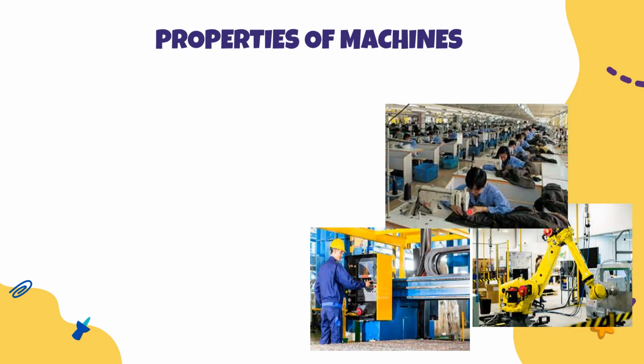Okay, so now we will see about the properties of a machine. The first property is that a machine always makes the work of a human easier. Within a few minutes we will complete any action. If it is done by a human, it takes a longer period of time, whereas if we use a machine, it makes our work easier and saves time. We can finish our work much faster. Yes, next one,